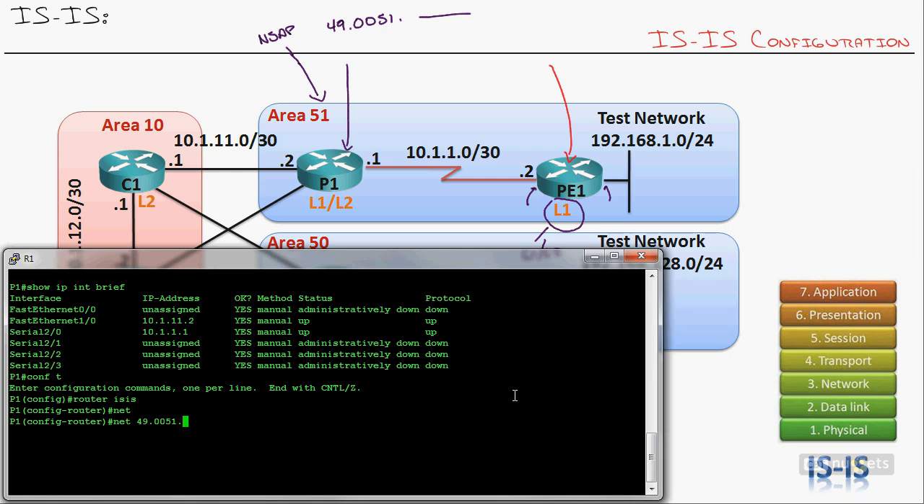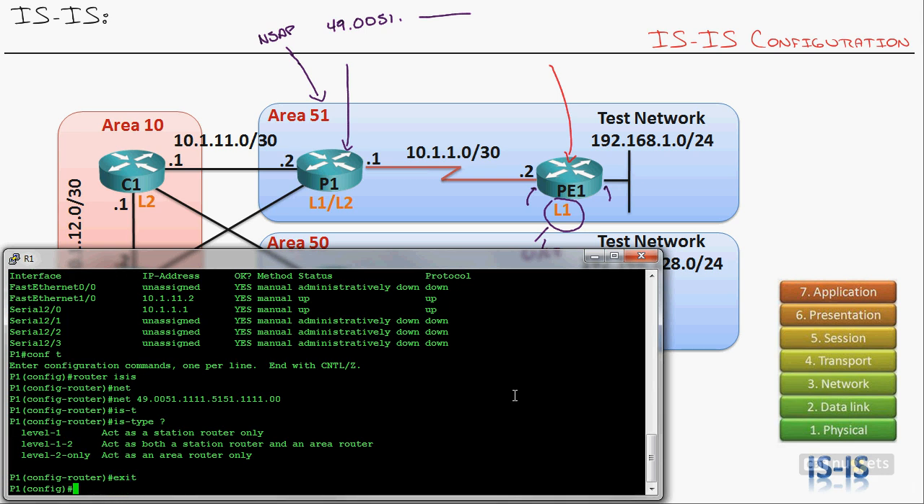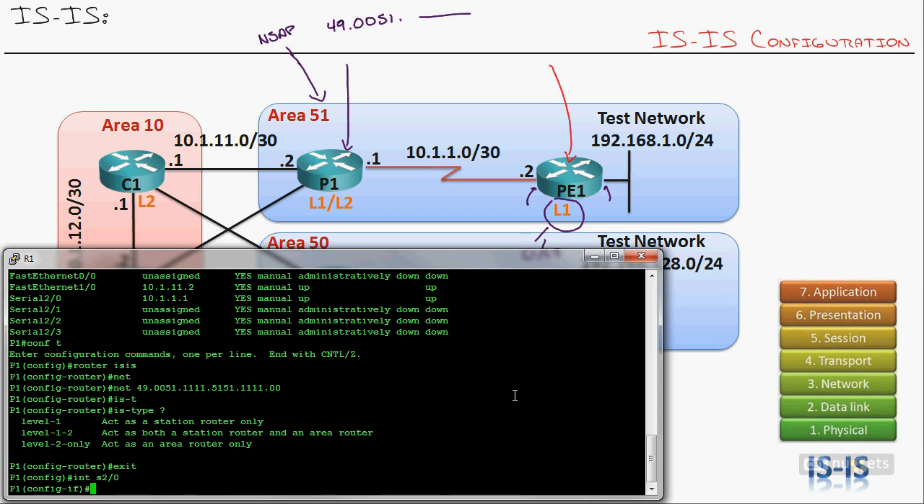Right, but now I need a different system ID. Let's go. 1111.5151. 1111. Just, again, making it unique. Dot 00 at the end there. IS type. Actually, I don't need to change this because level 1-2 is the default, so we'll just leave that at default. Bail out of the router configuration mode, and I'll go under interface serial 2/0, and we will do